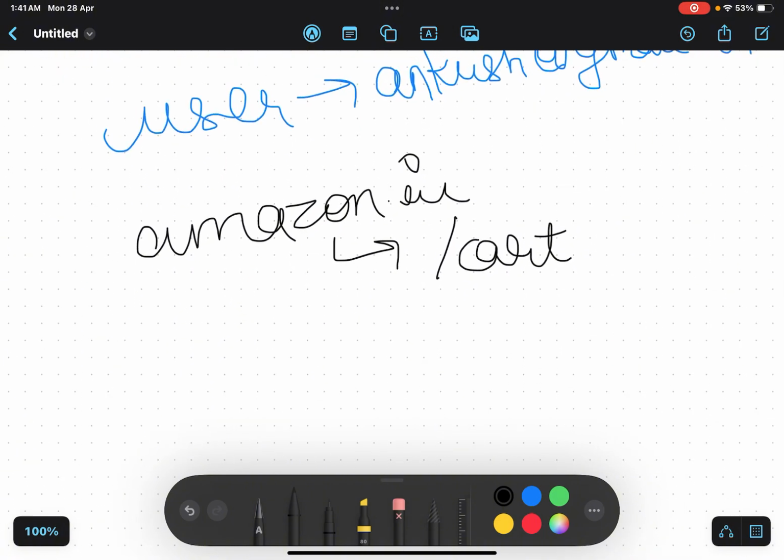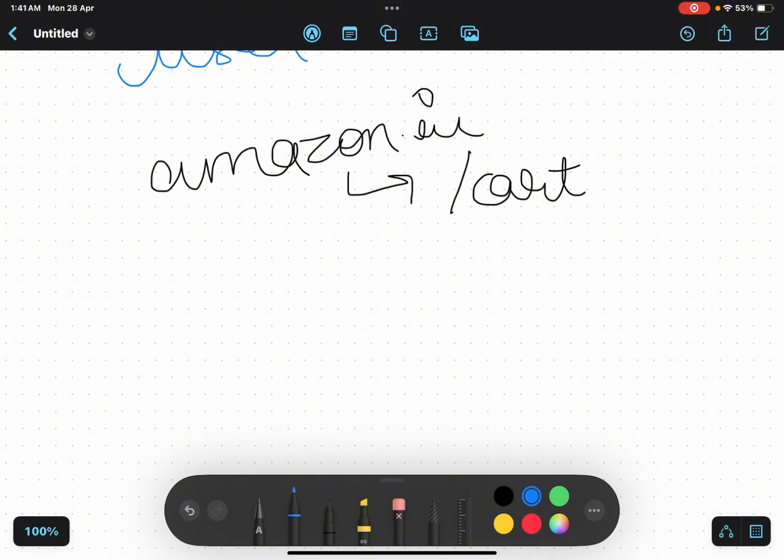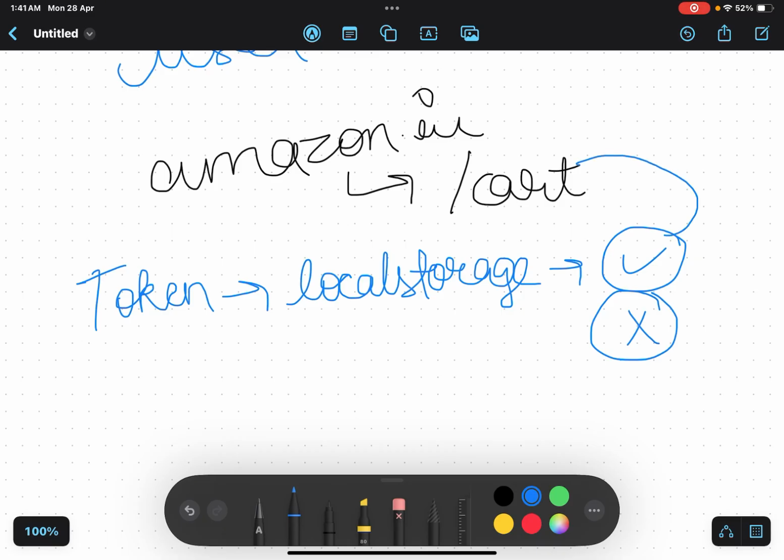What essentially do I want here? That only the logged in user can access this particular path. How can I make it possible in real life? On the front end side, I will apply logic that, let's say, I have saved a token in my local storage. So first of all, get a token from that local storage or session storage, whatever. If there is a token, then allow the user to visit that path. If there is no token, then don't allow the user to visit that particular path. If the token is there, please allow him to visit that cart. If it is not, redirect to the home page, let's say.